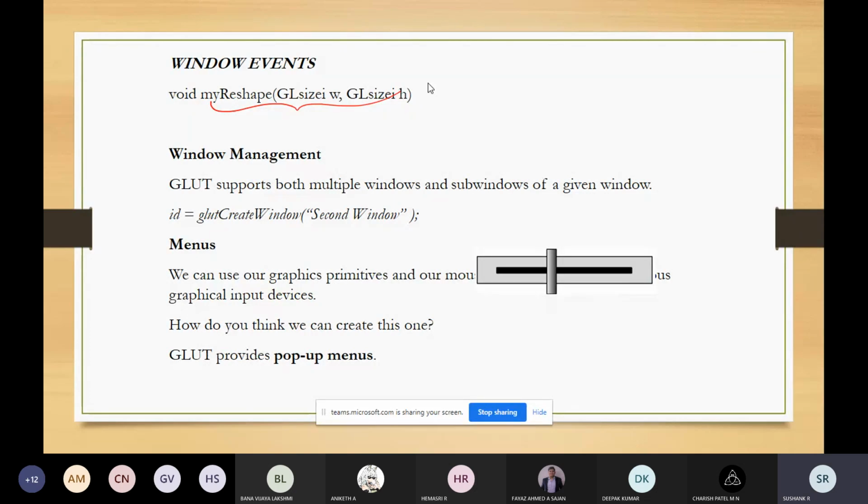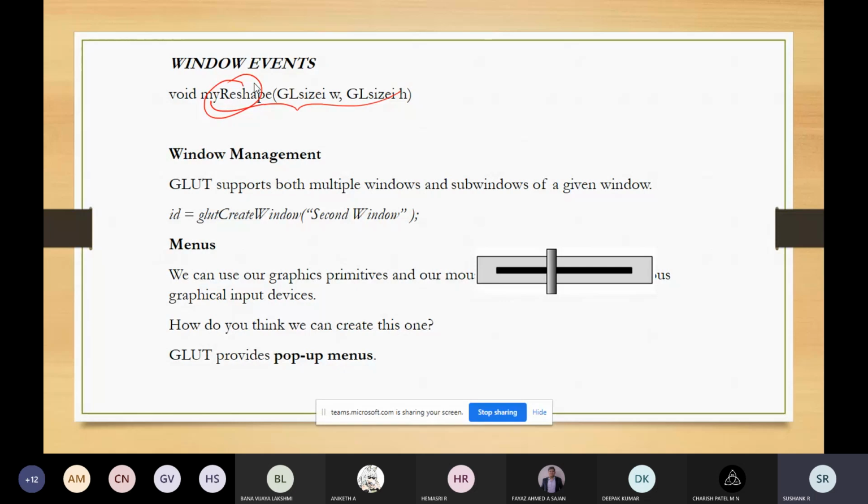After this, the programmer can write code which will display the size of the window of width w and height h. After writing the callback function, I'm calling it by the name my reshape function.